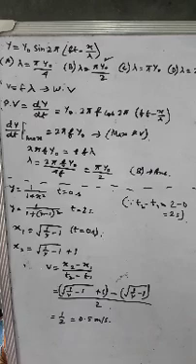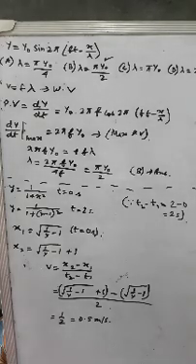A tuning fork, this is a question I'm dictating. A tuning fork originally in unison with another tuning fork of frequency 512 produces 5 beats per second. Part A, when a little wax is attached to it. Part B, when it is filed. Understood? See the situation. First part, when there is a little wax attached to the tuning fork, and your